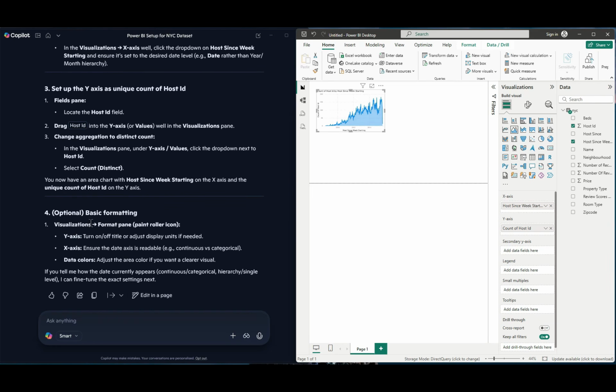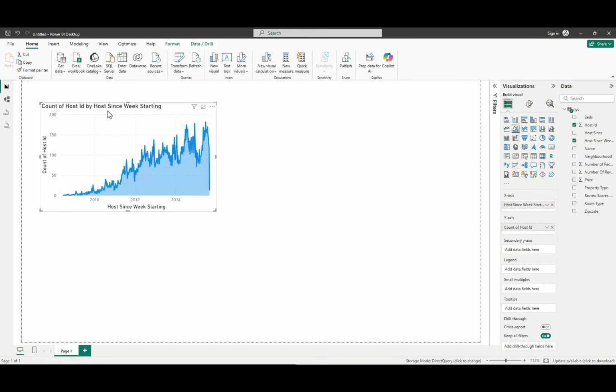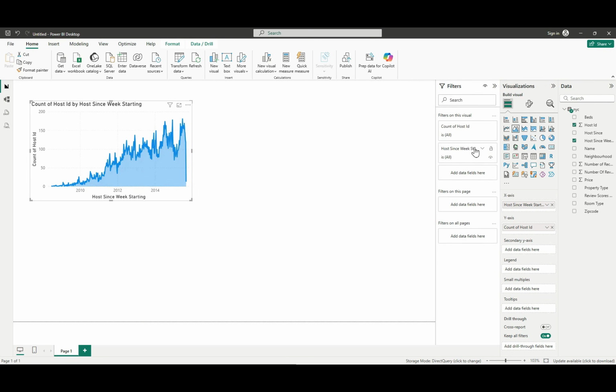Okay, and then it does give us some optional formatting, but we're going to do all of our formatting at the very end. All right, but whenever you expand this, then you'll see now the distinct count of host ID since week starting. And it's been very easy to follow those instructions. They work fine. And what we could do is remove this little final drop-off line because it's showing 14 hosts in August. And the way we can do that is just in our filters. So just ensure you've clicked into the chart, filters. So host since week starting, we can filter this